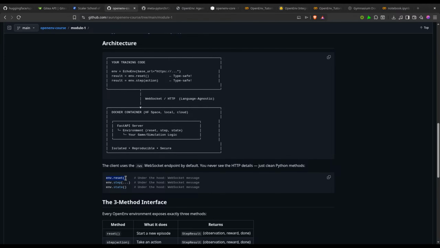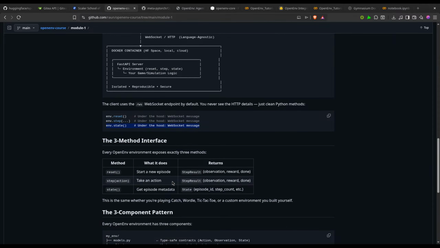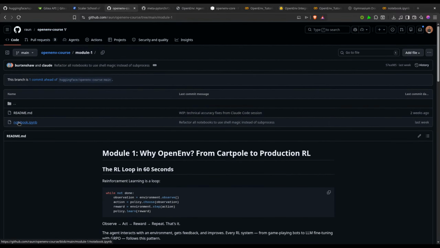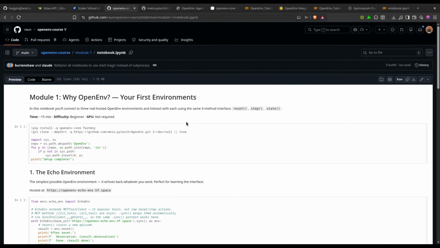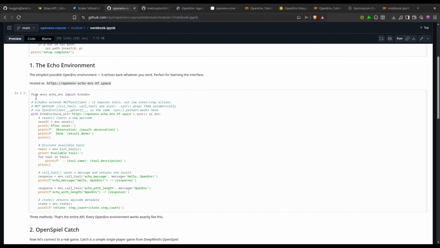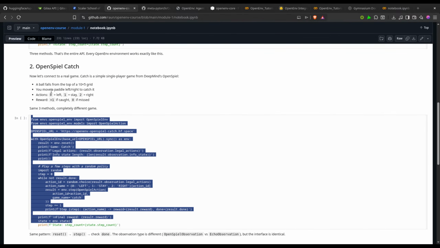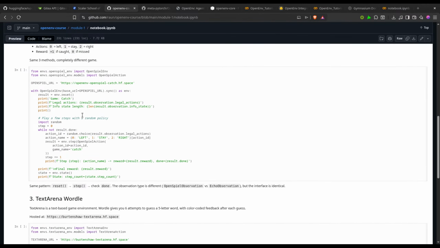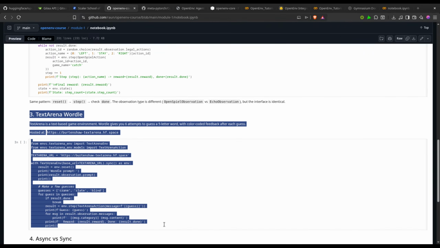We understood what reset, step, and state are doing, and we experimented with these three methods on three use cases, which were easy, or you could say dummy, use cases. These were echo message, then OpenSpiel catch, which is from DeepMind, and TextArena Wordle, where we have to guess a 5 letter word, and we have 6 attempts to guess it. So we have done all of this.